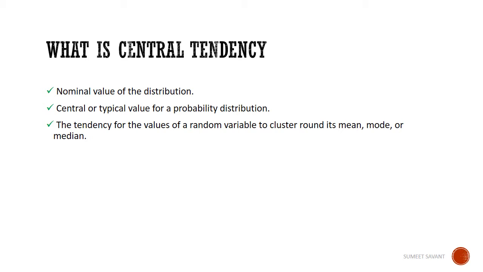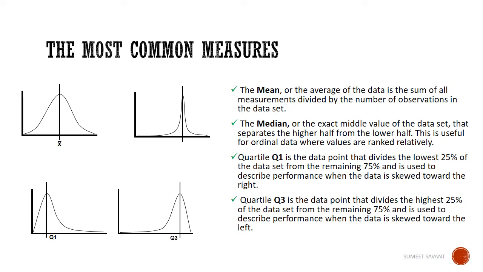The tendency for the values of a random variable to cluster around its mean, mode, or median is generally referred to as central tendency. The most common measures of central tendency. The mean, or the average of the data, is the sum of all measurements divided by the number of observations